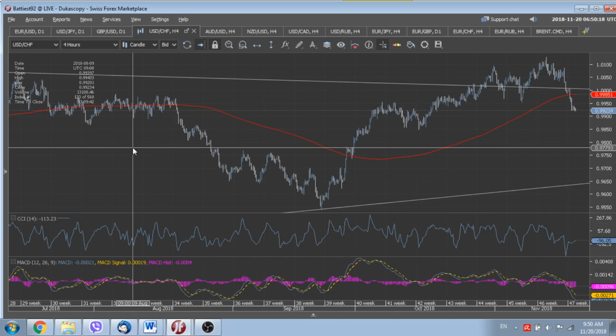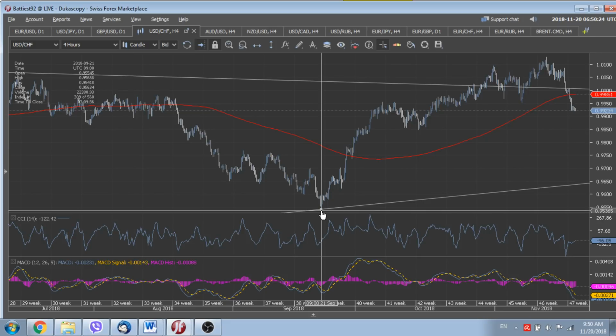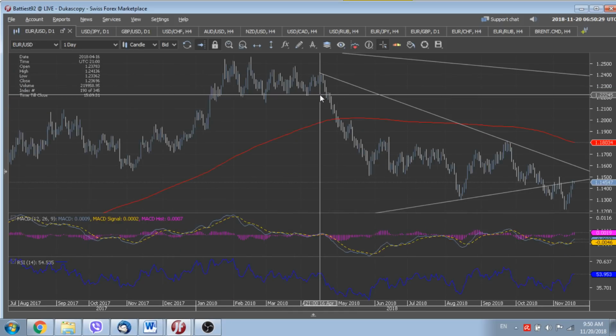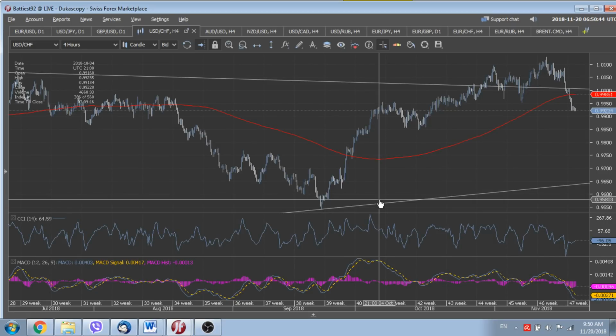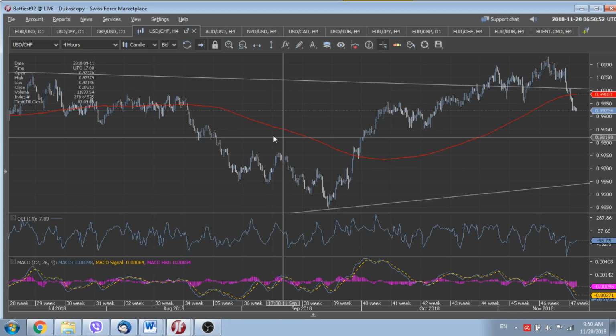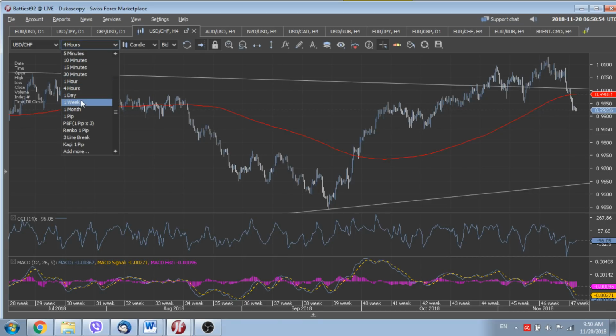increasing selling pressure. We should understand that during the period of 2018, starting for example in the euro dollar from April, as you remember, the United States dollar really started to appreciate from the middle of April, and as a result, the United States dollar, for example against the dollar Swiss, moved on the daily chart. For example, now we are speaking about the dollar Swiss.